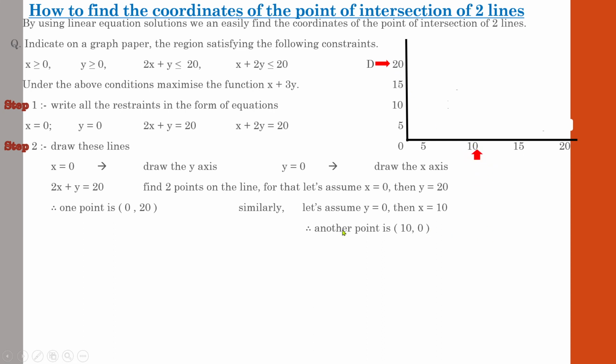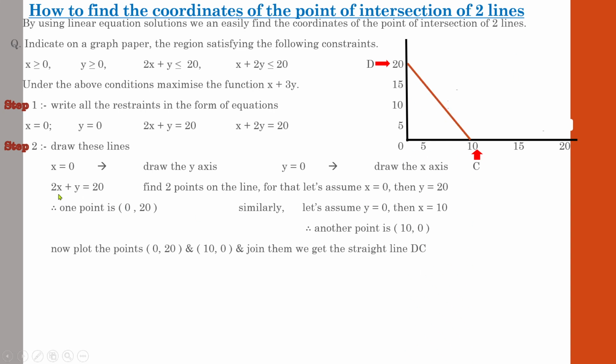Once you find 2 points on the basis of a linear equation, you can draw a straight line connecting these 2 points. So now plot the points 0, 20 and 10, 0. We have plotted 0, 20 here and 10, 0 here. Join them, you will get a straight line DC. Here D and C, you can use any variables. For the time being I am using D and C. You can use A, B, T, X, Y, anything. So join these 2 points. So your first part is over.